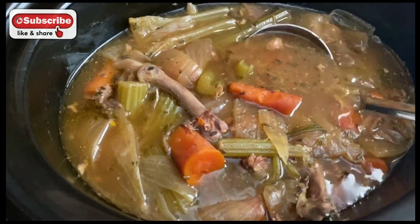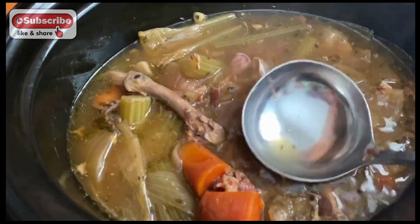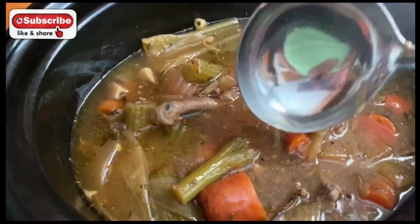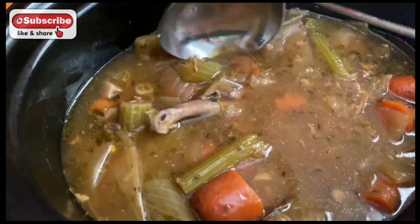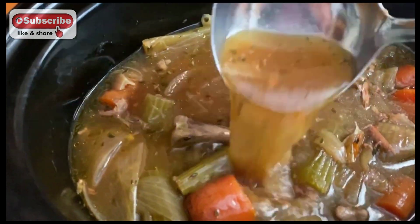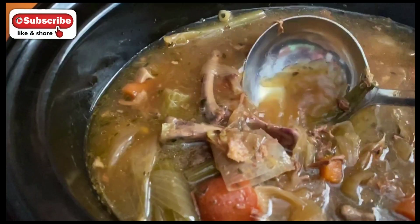So guys, look at this. It's been 20 hours. I'm actually just going to stop it because I have something else to do. So if I leave those extra 4 hours, I won't be here to strain it off once it's finished. So you can see that this is a nice, deep, rich color. So all you'll need is a glass bowl or another pot, any container that you'll be able to strain out these scraps into